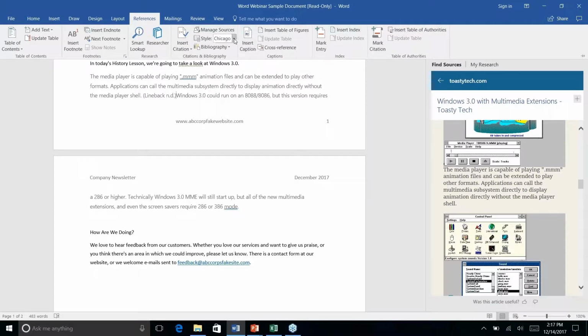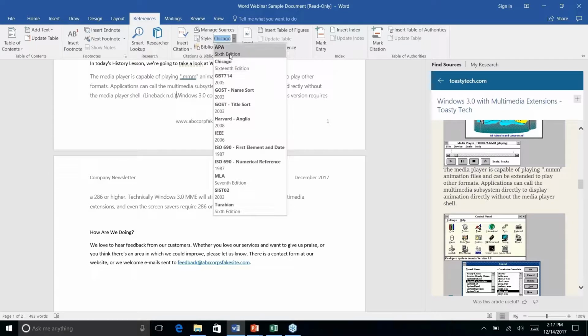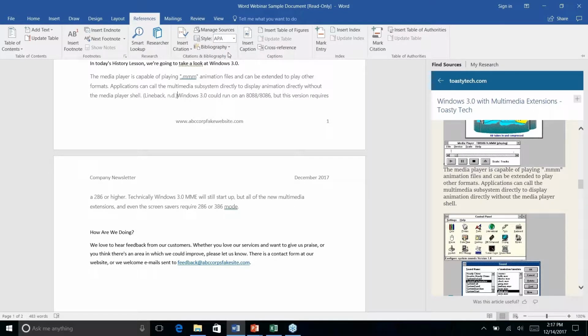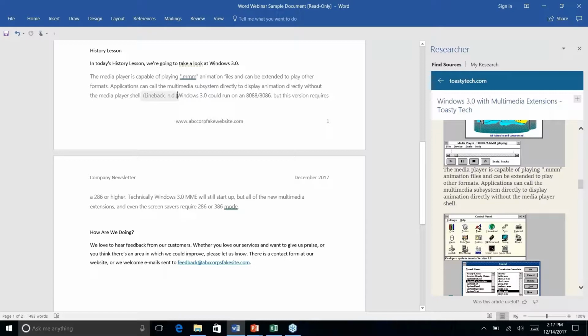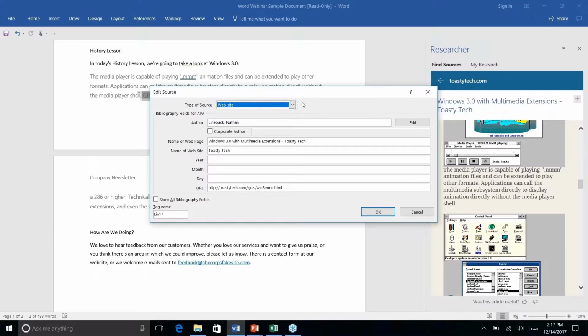And if you come up to your citations, you can change which citation is in here. Now this is giving the citation in line in the paragraph, so it's right here. And this is the feature that I was mentioning. It gives you this drop down where you can edit the citation, you can edit the source. If you click Edit Source, it'll give you these customization options as well. It shows you the URL where it came from, the name of the website, the name of the web page,